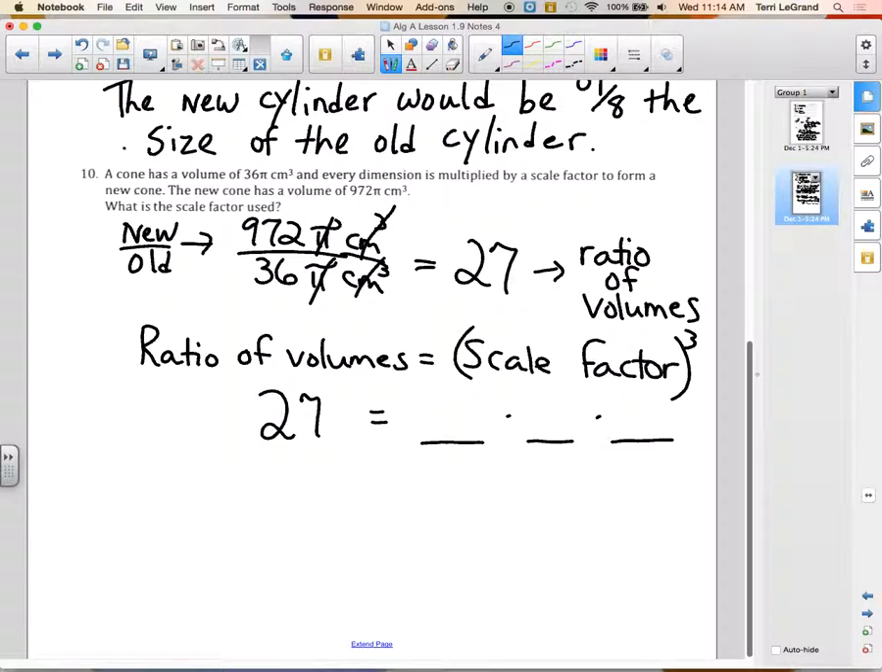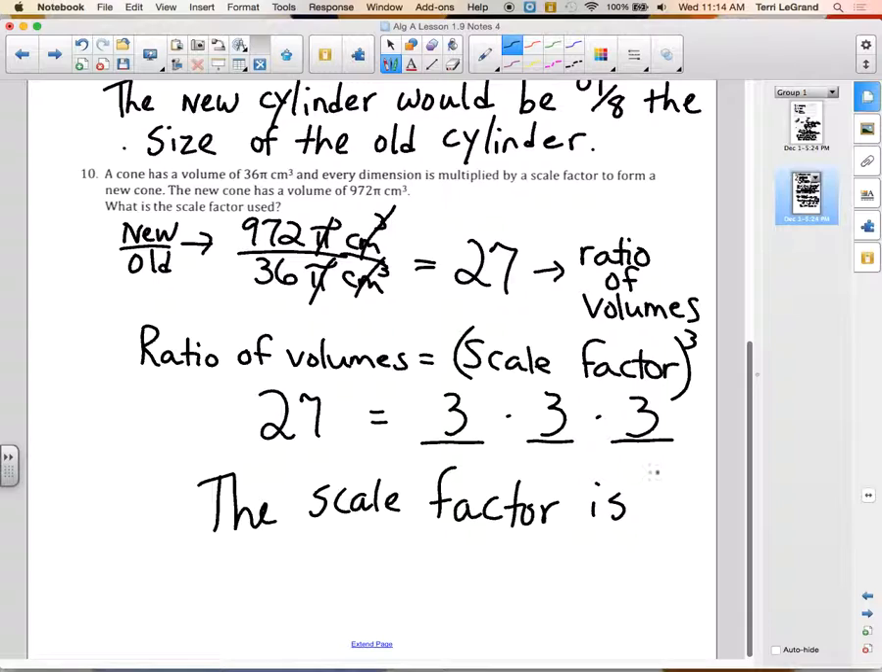So we're really looking for what times what times what. What times itself 3 times is 27. 3 is, so 3 times 3 is 9. 9, and 9 times 3 is 27. Yeah. So did we just find the scale factor? What is it? Yeah, the scale factor is 3. Okay. That's volumes. Anybody have questions on what happens to volumes when you change the dimensions of a three-dimensional object? Okay, then using yesterday's notes, along with today's,